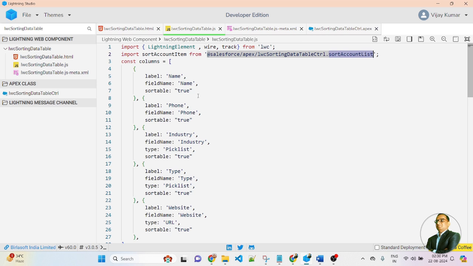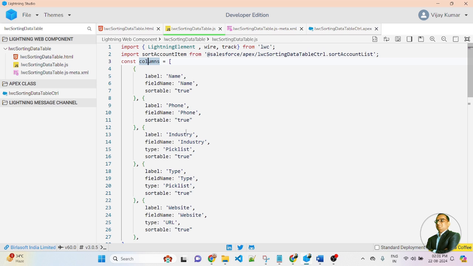After importing the method, first I create a constant variable called columns. This is an array type. Inside the array, I create different objects in JSON format, and in each object I am passing keys and values. There are different keys I am passing, like label, fieldName, and sortable, and these are the values. Here I am retrieving the data of account, so I am creating the fieldName using the column.